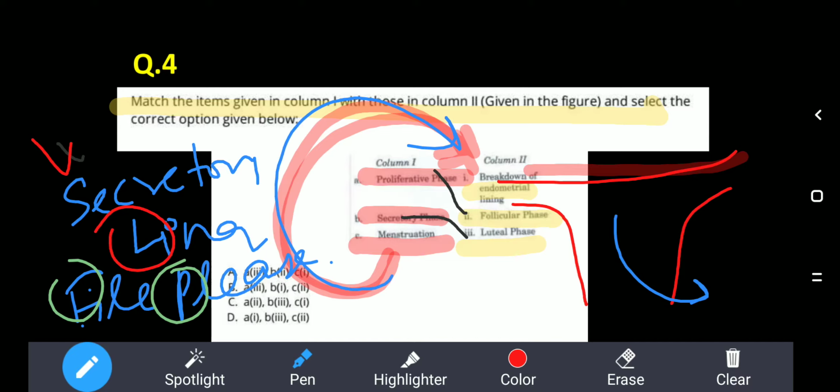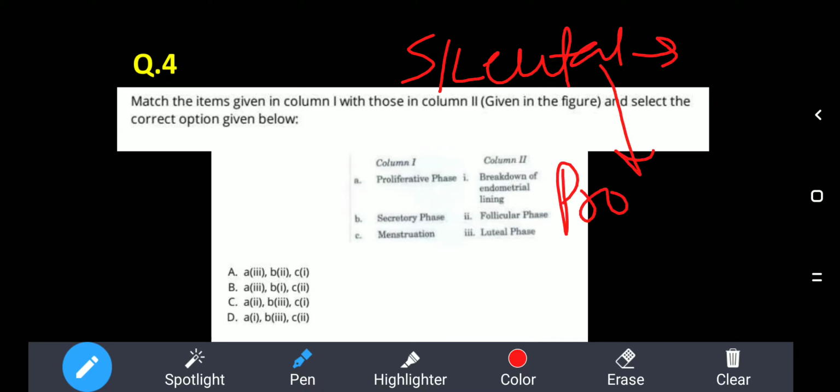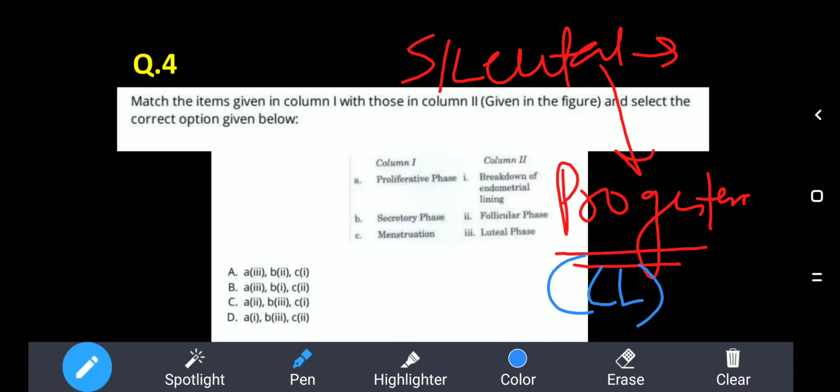I'm now going to explain why the luteal phase is also called the secretory phase. So I'm going to erase everything that I've written here. We are on to a topic in which we are going to see why the secretory phase is also called the luteal phase. In this phase, that is the secretory or luteal phase, there is secretion of the progesterone hormone, the female hormone. There is release of progesterone hormone from where? From the corpus luteum.